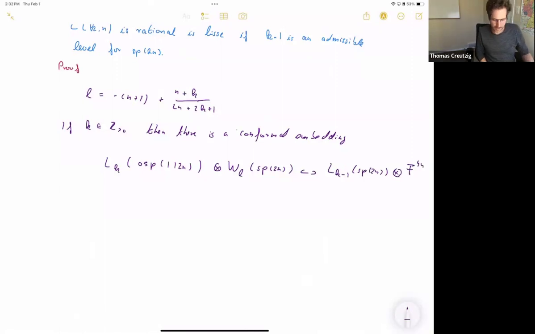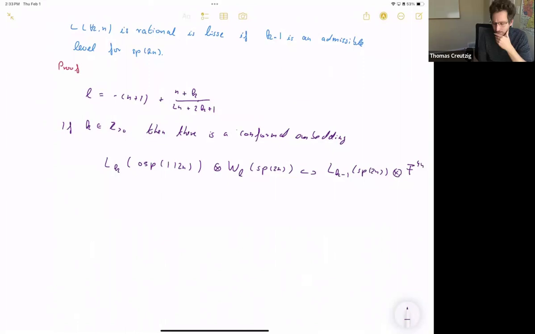And this claim, if you think about it, you will be very surprised about it, right? Because you can even think about it in terms of strong generators. Your big VOA is affine sp2n, so the strong generators are given by a basis of sp2n together with 4n free fermions. And OSP1/2n itself is generated, of course, by a basis of sp2n, together with the odd fields being in the standard representation of sp2n, so 2n odd fields. And how could this possibly be?